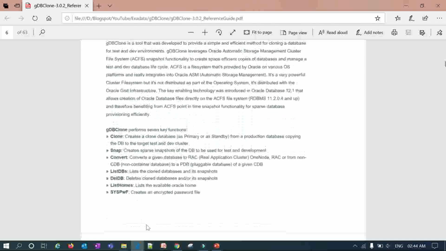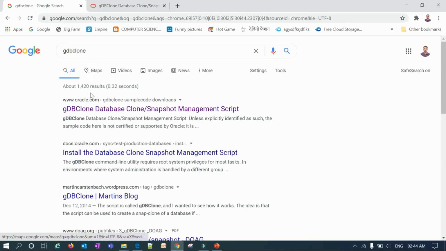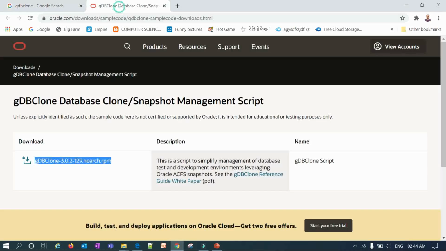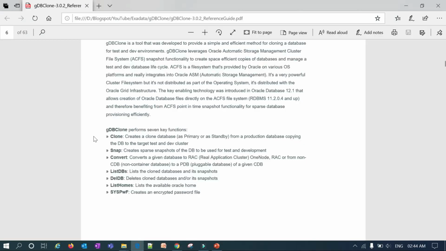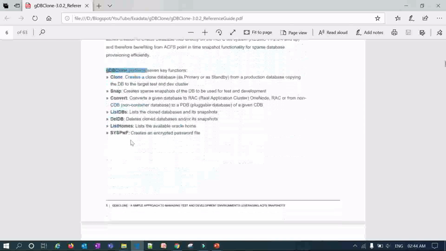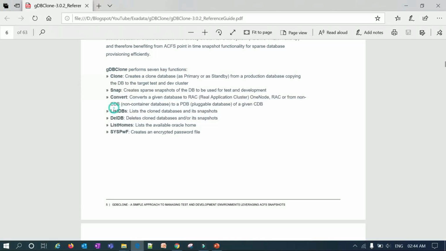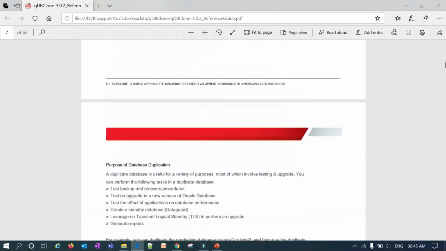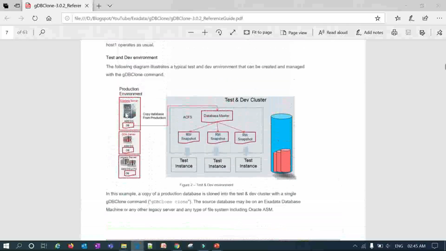Again, as I said, if you go to Google and search for GDB clone, you will get this master document, and you can go to this GDB clone reference white paper, which is a brilliant document, I can say. You can see GDB clone creates a master database, a clone database. This is the primary. You can create a primary or a standby database, whatever it is, and you can use a snap. It will create a snap copy and convert it to a snapshot database.